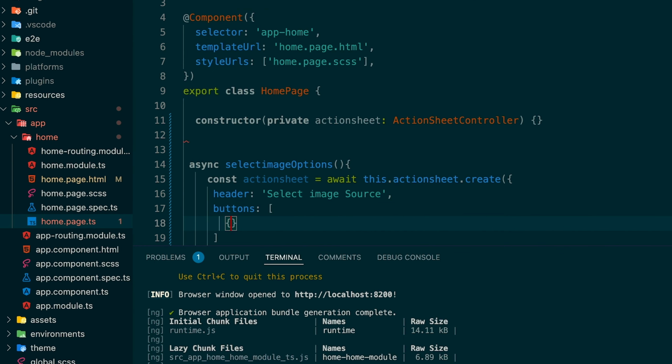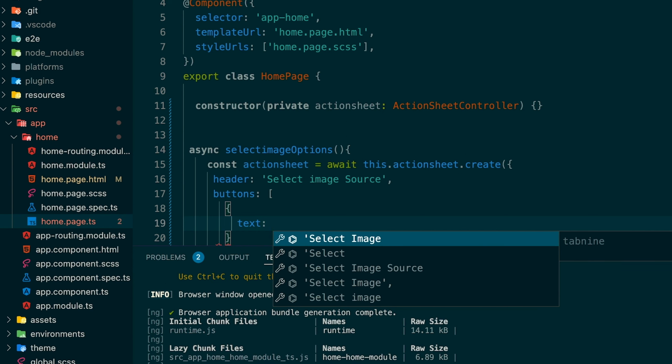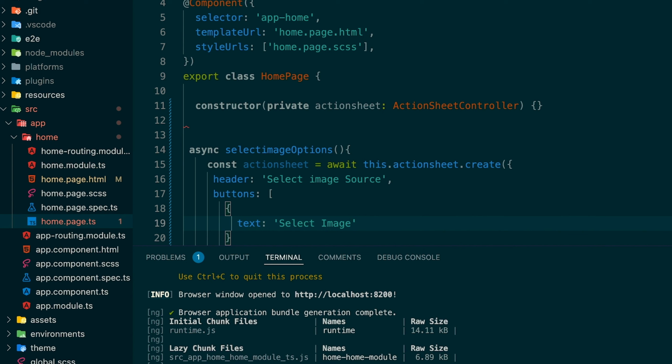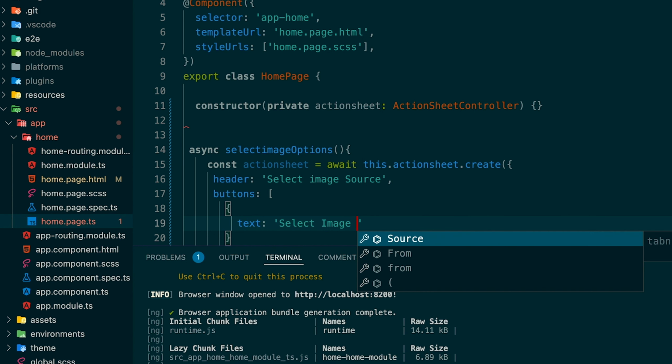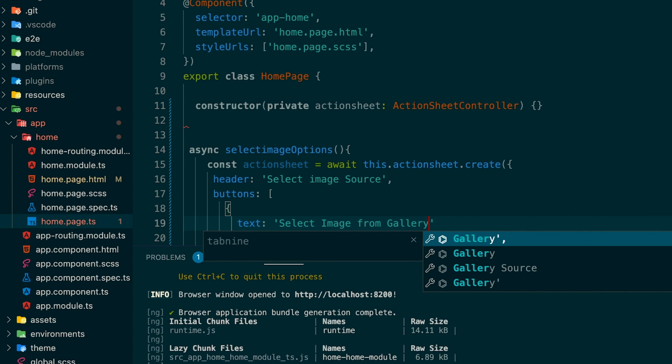So inside here we'll have different objects that we are going to be selecting from, and one will be text. This will be select image from gallery,